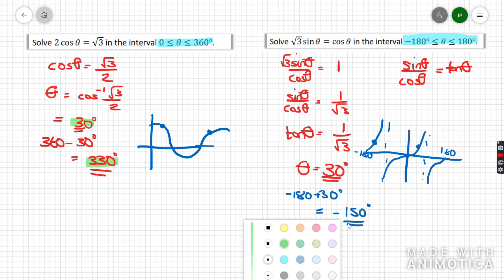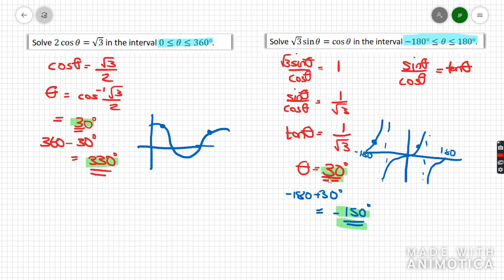That's one of the main reasons why I use the graphs to help me, rather than just relying solely on the formulas. Make sure we are comfortable with where these are coming from. The manipulation in here isn't massively difficult, especially if you've got to grips with your identities in the last piece of work. You've just got to make sure you get all solutions that you are asked for between the